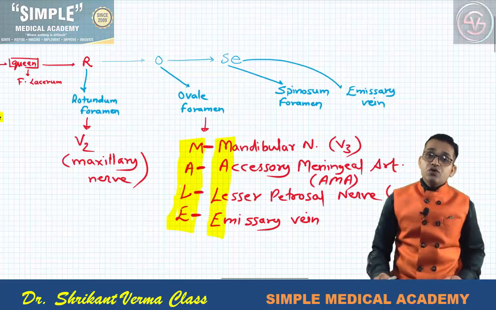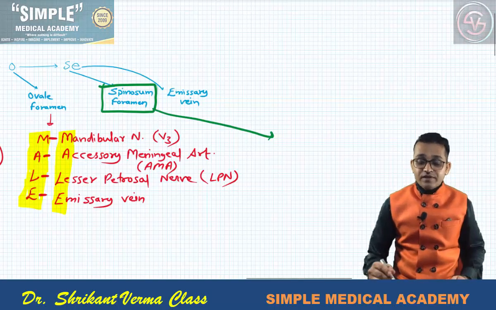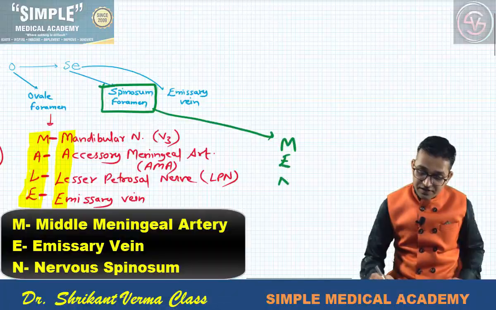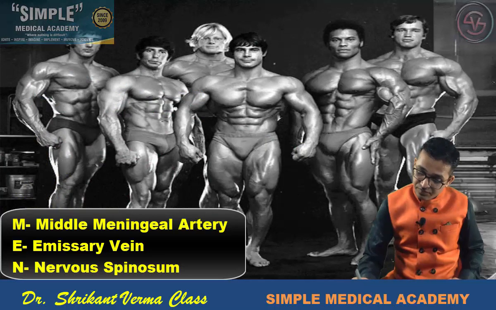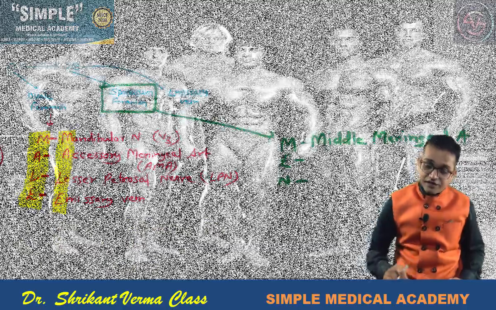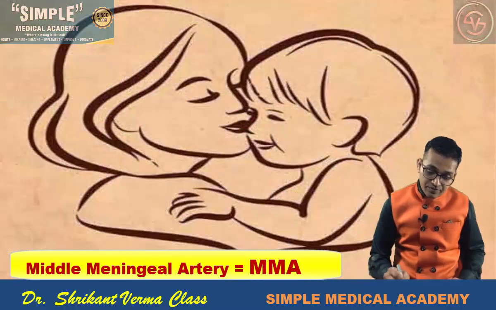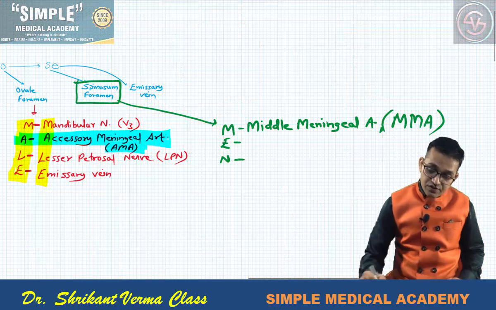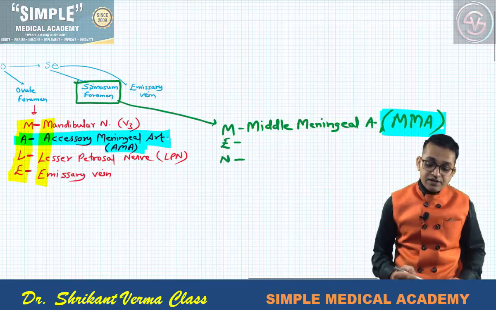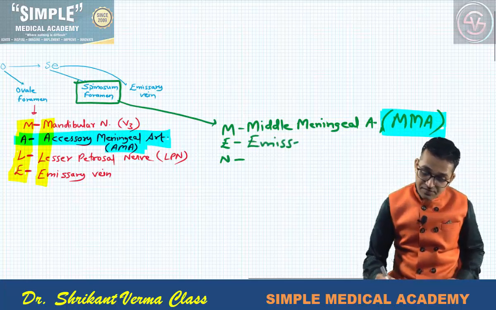Now we are going to discuss which structures are passing through the foramen spinosum. This foramen is passing the structures which can be remembered with the mnemonic MEN. Yes, M for middle meningeal artery. Now in short, this middle meningeal artery we will say the Mamma. So can you remember that Amma is passing through the foramen ovale, while the Mamma, middle meningeal artery, is passing through the foramen spinosum, while the E for again emissary vein,